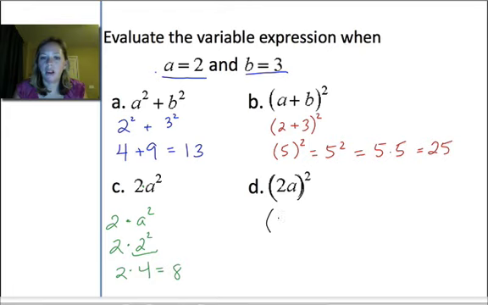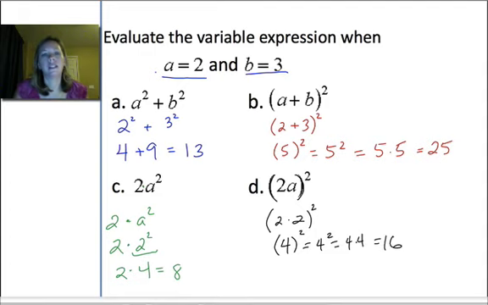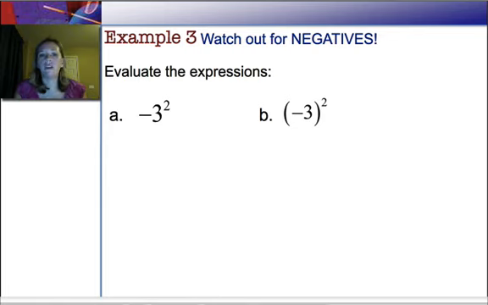So if I plug in my value of a, this really means 2 times 2 raised to the second power. 2 times 2 is 4. And 4 raised to the second power, of course, is the same as just 4 squared. 4 times 4, which is 16. Perfect. All right, now, for our third example, I want you to watch out for negatives, because negatives can do